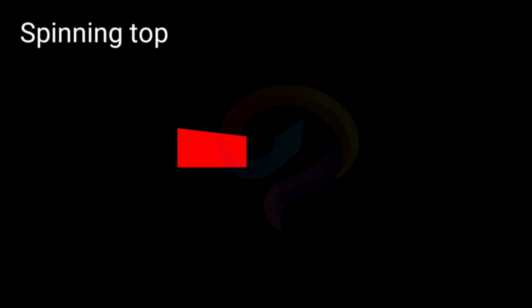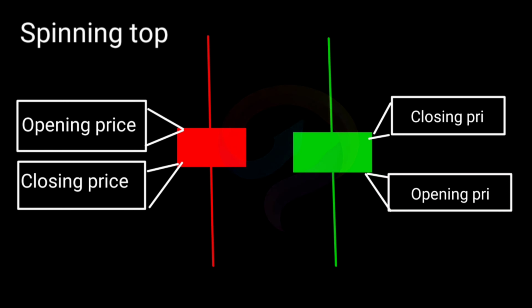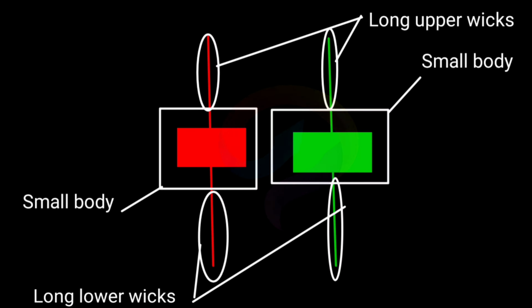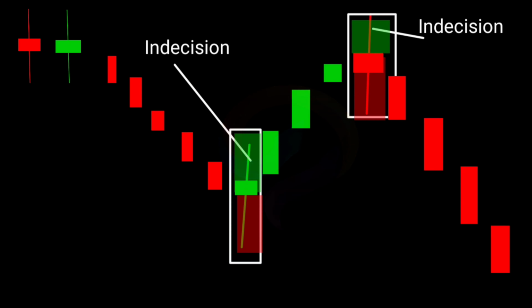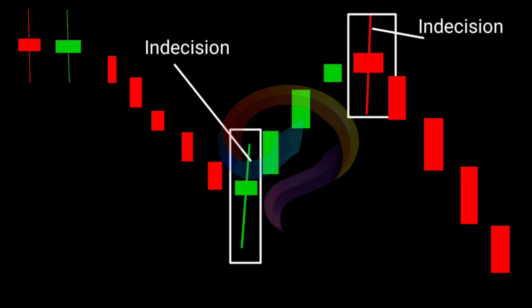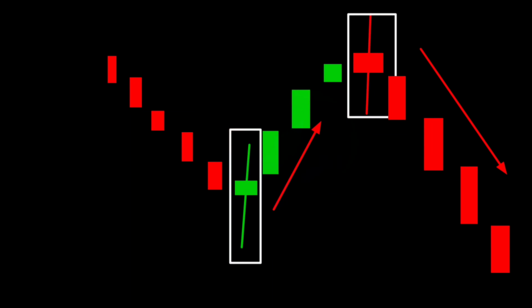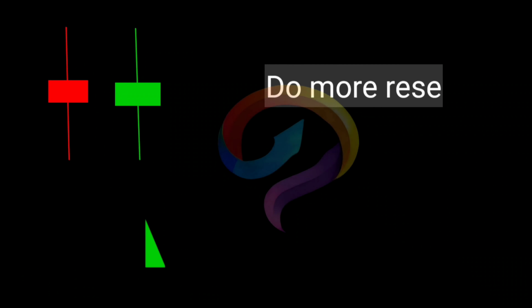A spinning top is a type of candlestick pattern that is formed when the opening and closing price of an asset are close to each other, with a small real body and long upper and lower wicks. This pattern shows indecision in the market as both buyers and sellers are unable to gain control. Spinning tops can appear in both bullish and bearish trends and are often used as a sign of a potential reversal in the market. The longer the upper and lower wicks are, the stronger the signal. It's important to pay attention to the context of the spinning top and the overall trend of the market before